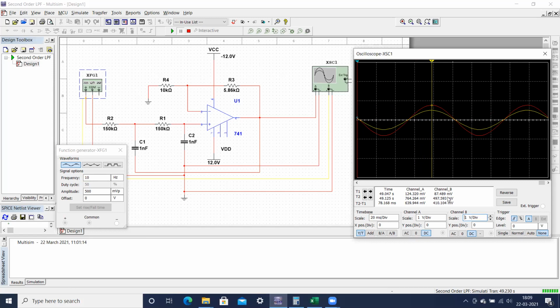But today I'm going to tell you one more simple method by which we can directly measure the voltage. As far as your Multisim is concerned, it will be easier to directly get the values. Obviously, we need to connect the oscilloscope, because I explained that in the last lectures.